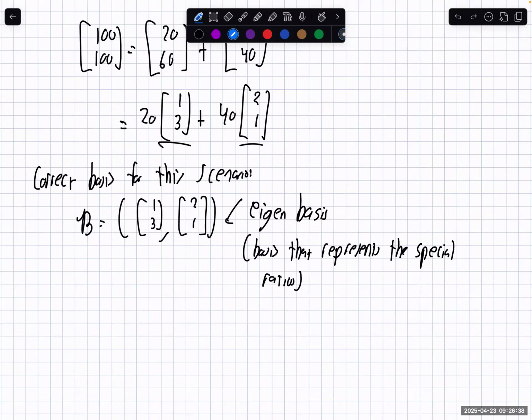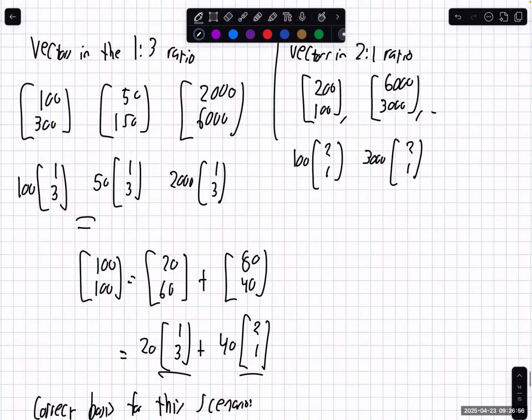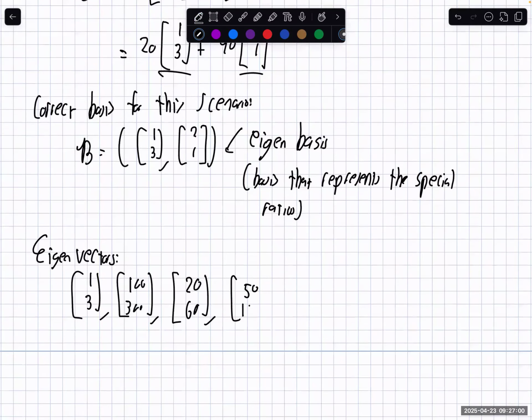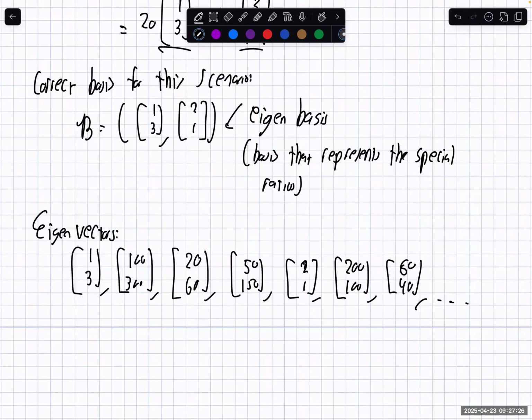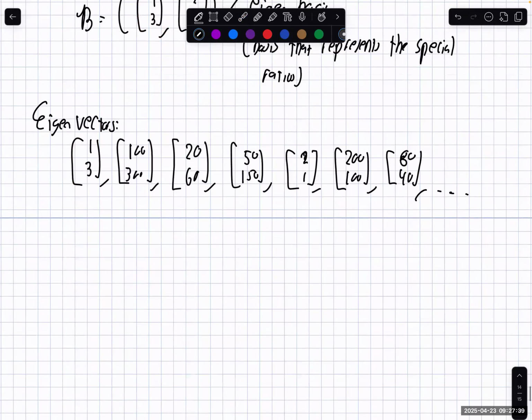So anything that's a multiple of one of these eigenbasis vectors is called an eigenvector. Okay, then,